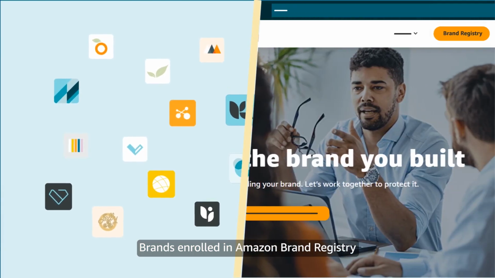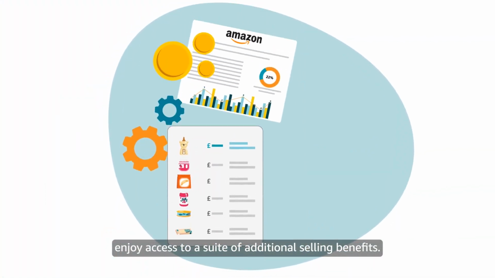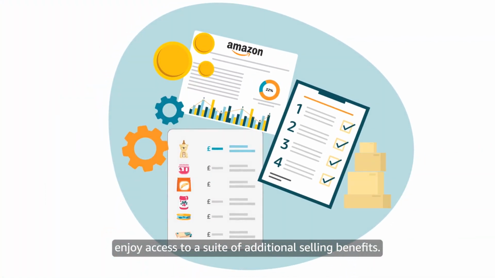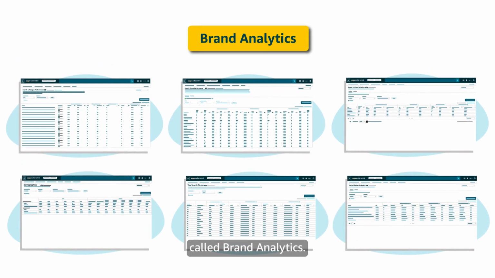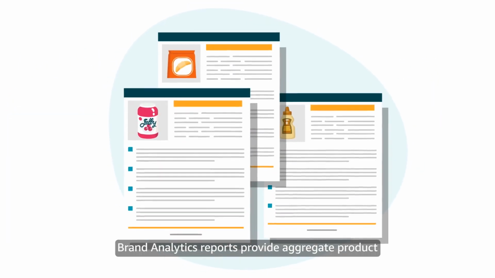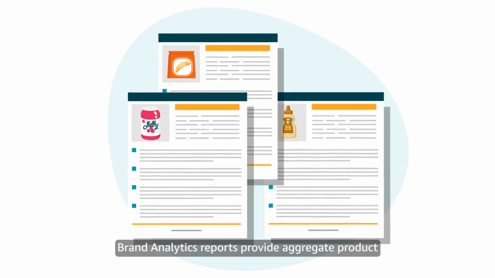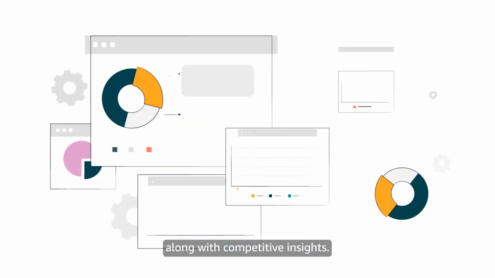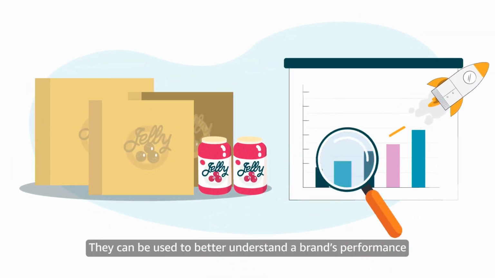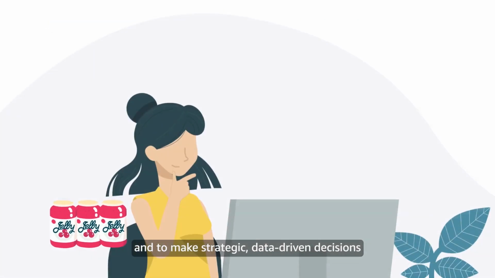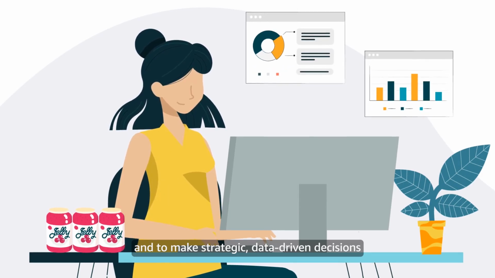Brands enrolled in Amazon Brand Registry enjoy access to a suite of additional selling benefits. One of those benefits is a group of reports called Brand Analytics. Brand Analytics reports provide aggregate product and customer information, along with competitive insights. They can be used to better understand a brand's performance in the Amazon store and to make strategic, data-driven decisions